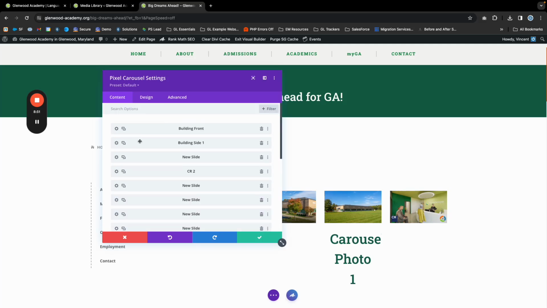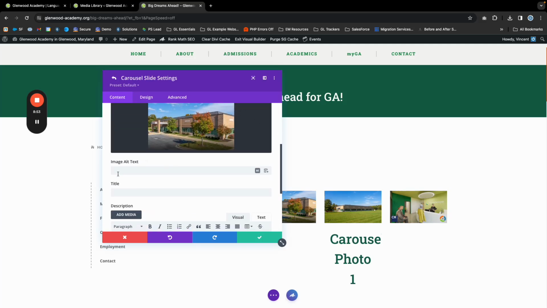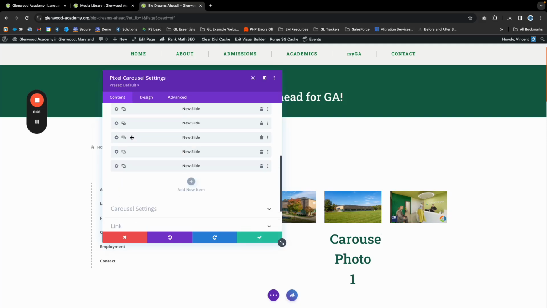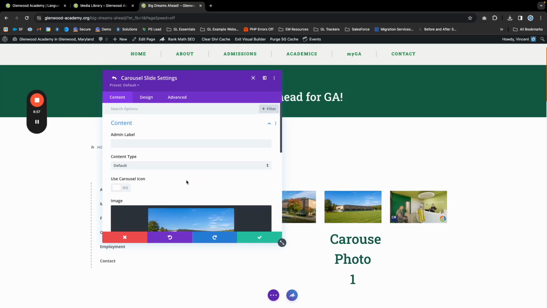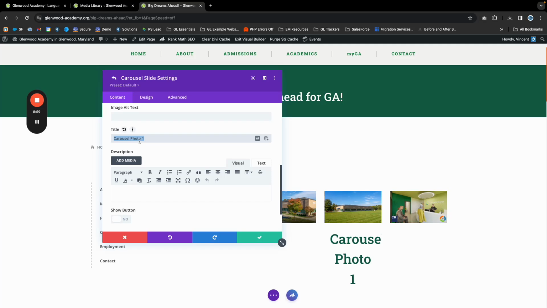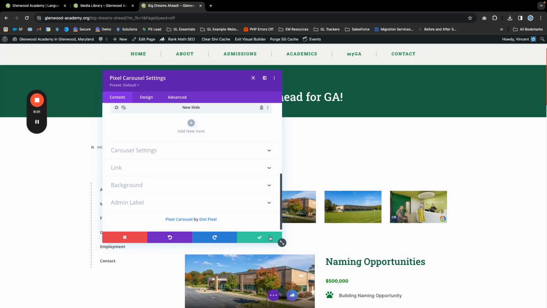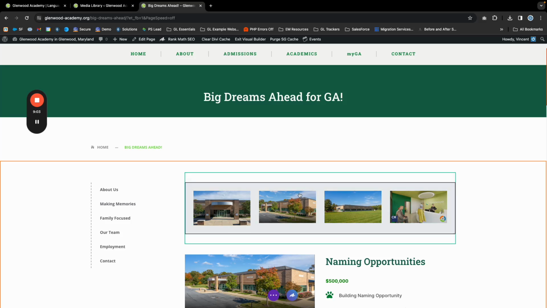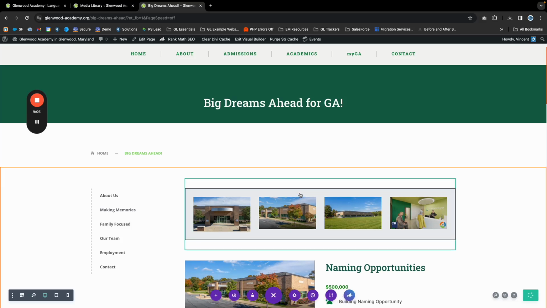So I believe it should be this one. That one, we removed the title already, so perhaps it's this one. Yes. So we'll remove it there,